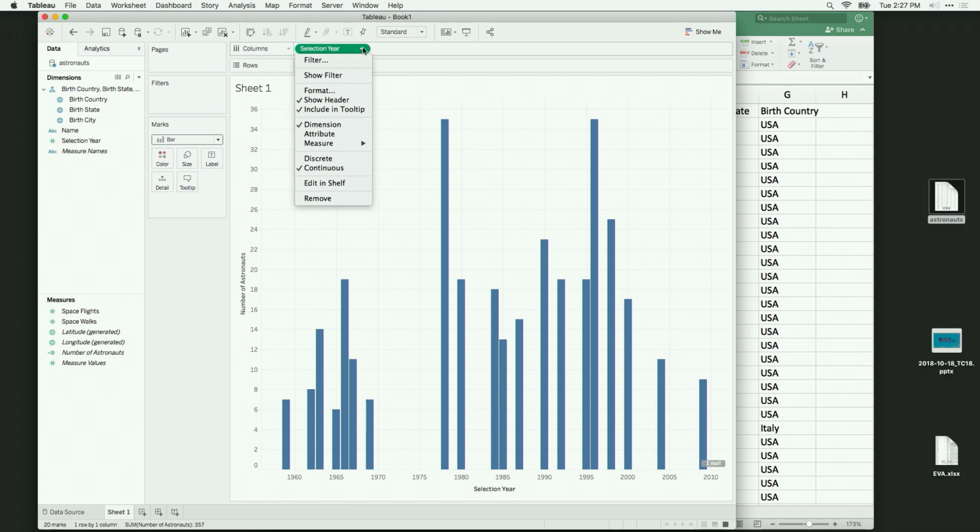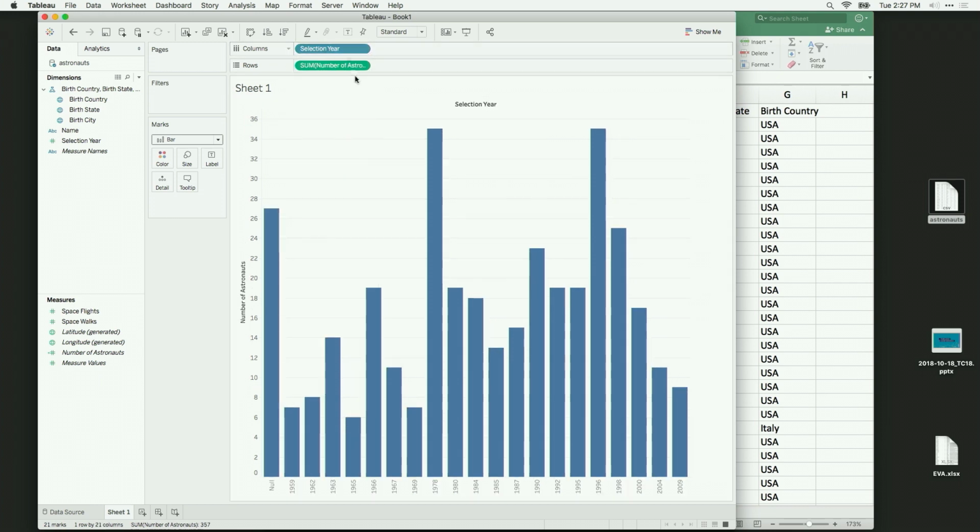So if I click selection year and change it to discrete, it'll turn blue, and it'll change the visualization. It did turn blue, and our visualization doesn't have those gaps anymore. Every year is just next to the one that comes after it in the data set instead of chronologically. So 1969 and 1978 are right next to each other now. And there's situations where you might want to switch this, but for this particular data set, I'm going to switch